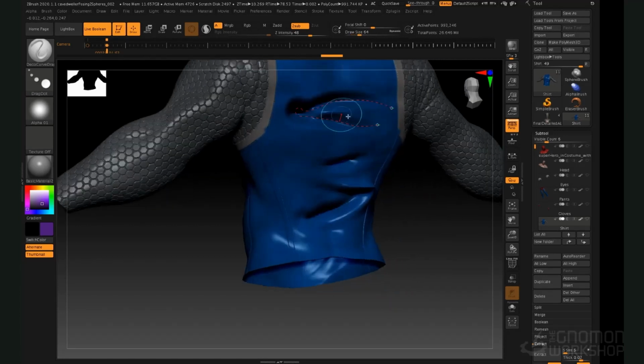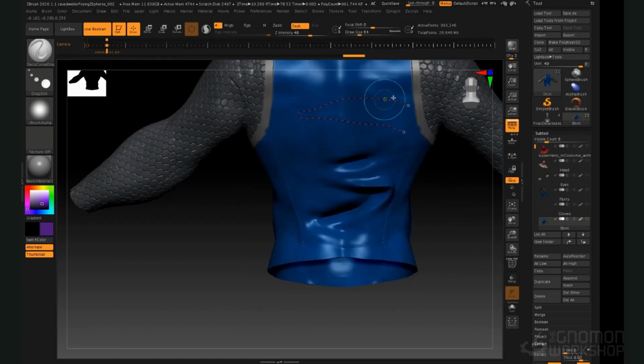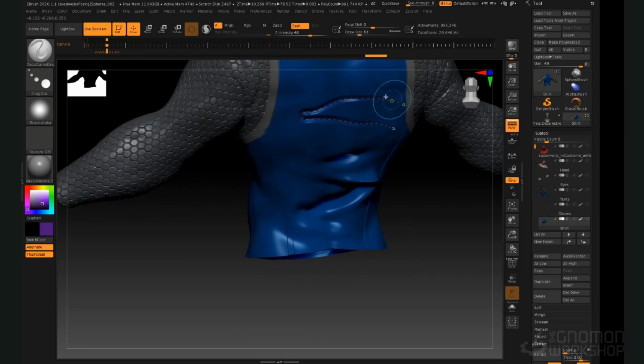You see we get a different effect. I'm going to turn down my draw size and then drag this again. There you go. And then let's drag next to it. I'll draw a new stroke running along the top because whenever I'm sculpting drapery, let's undo that and hold down